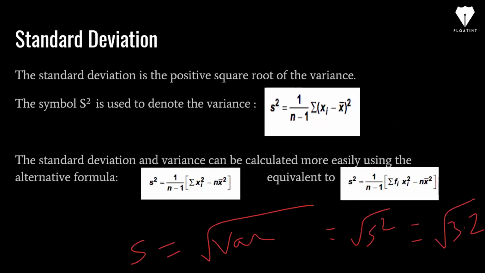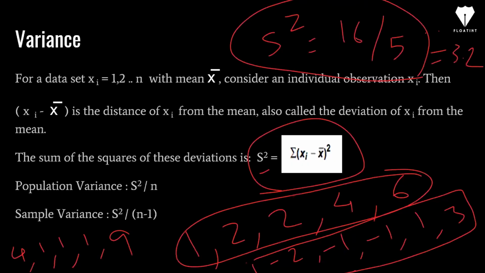So how is this working? How is this giving the spread in the data? So if you see, we have calculated what is the difference of each of the elements from the mean value, right? So that is giving you the measure of spread of each of the data points, right? But how to take an aggregate? So this is a way to take that spread of each of the elements and then calculate an aggregated number which will define what is the spread of your entire data set. So this is the significance of variance and standard deviation.